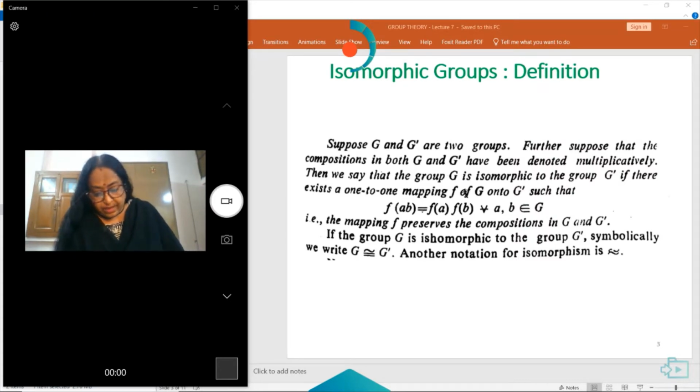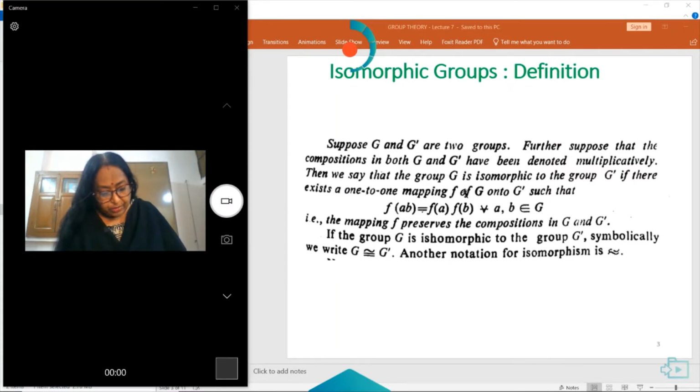That is, G and G dash are groups with respect to multiplication. Then we say that the group G is isomorphic to the group G dash if there exists a one-to-one mapping F